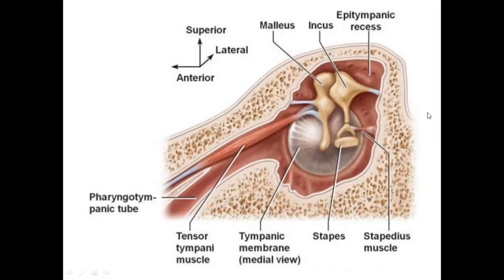So this is the anterior wall, this is the posterior wall, this is the roof, and this is the floor of the tympanic cavity, and this is the tympanic membrane, which is forming the lateral wall of the tympanic cavity. So this is an air-filled cavity, oblique, narrow, slit-like, present in the long axis of the tympanic membrane, and it is air-filled and lined by the mucous membrane.